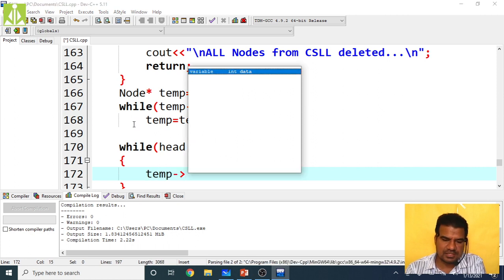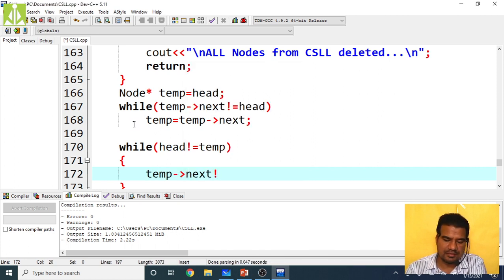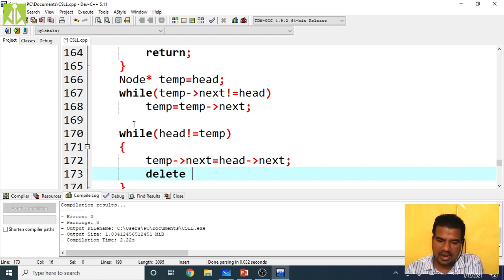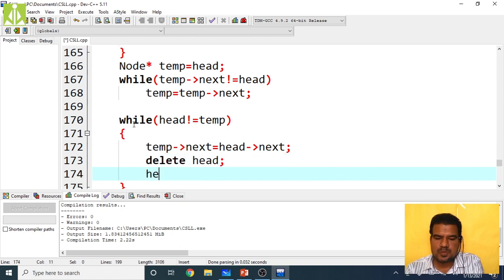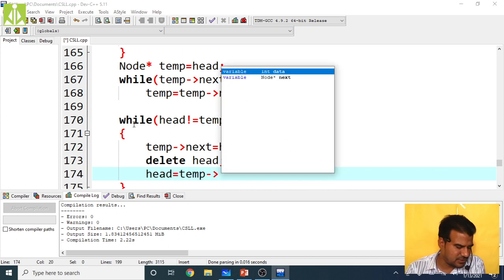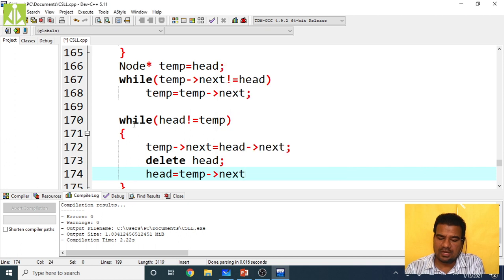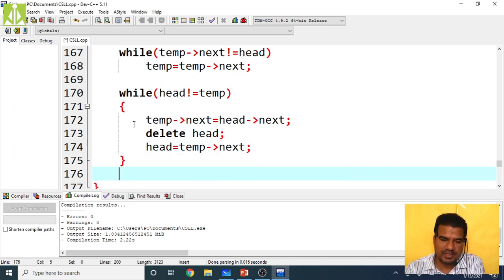Temp of next should be equal to head of next, and in every iteration we will delete only one node: head of next, then delete the head and make head as temp of next. Only these things we have to do. When this loop exits, that means all nodes have been deleted and your temporary pointer is pointing to the last node and the head pointer is pointing to nowhere.